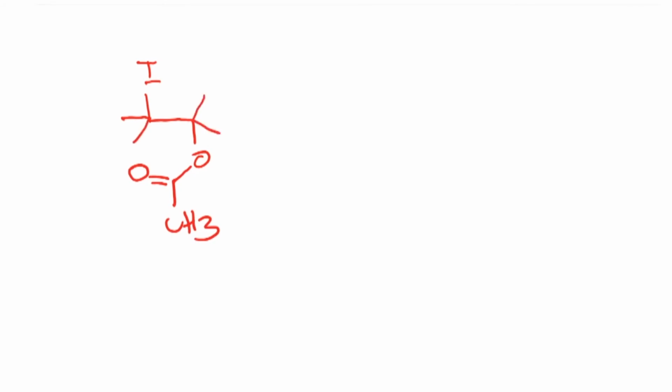So you have iodine, and let me just get this out of the way so that I can make some space on the left. So we have iodine, okay, and then you have O, C double bond O, CH3, and the rest of the groups are the same. Now we propose a similar interaction with Ag plus. So you have an interaction with Ag plus, which is going on here, and then you have the carbon iodine